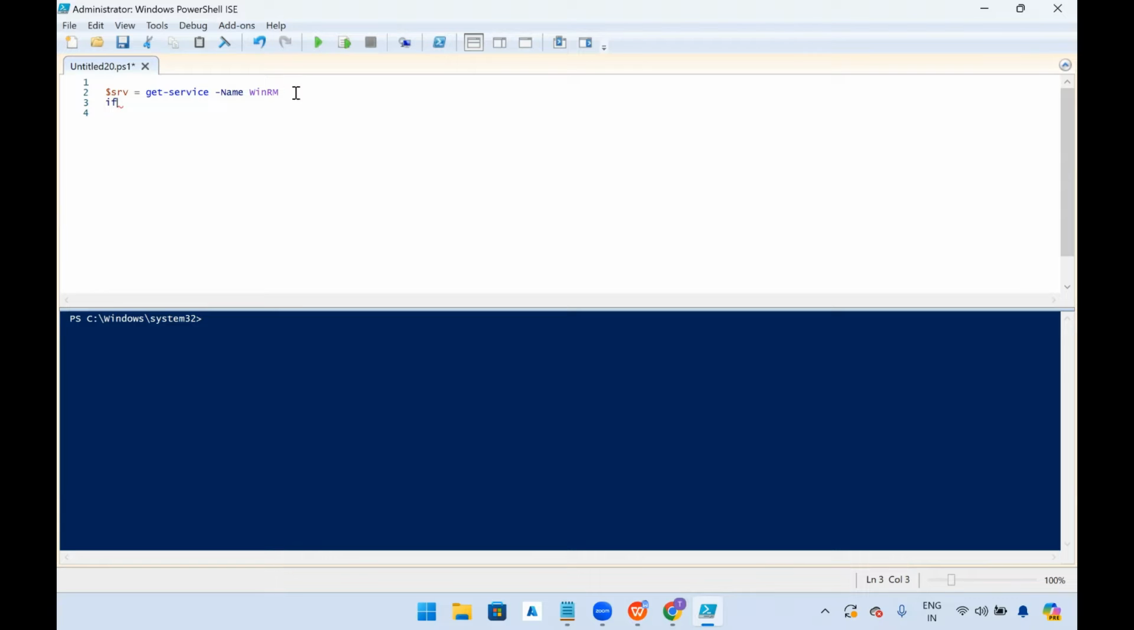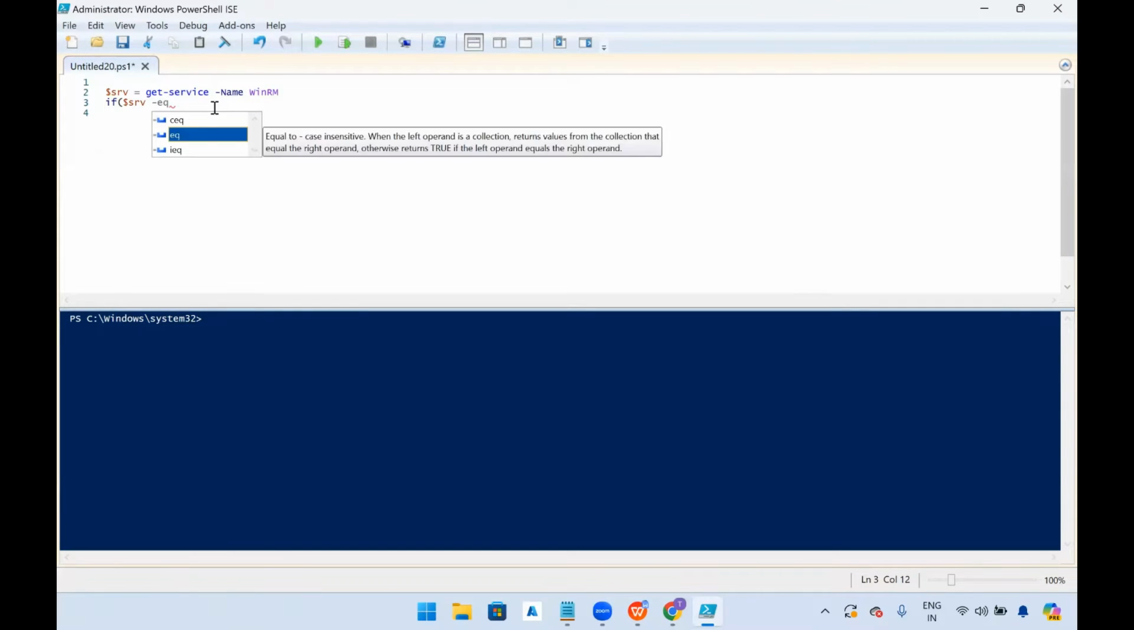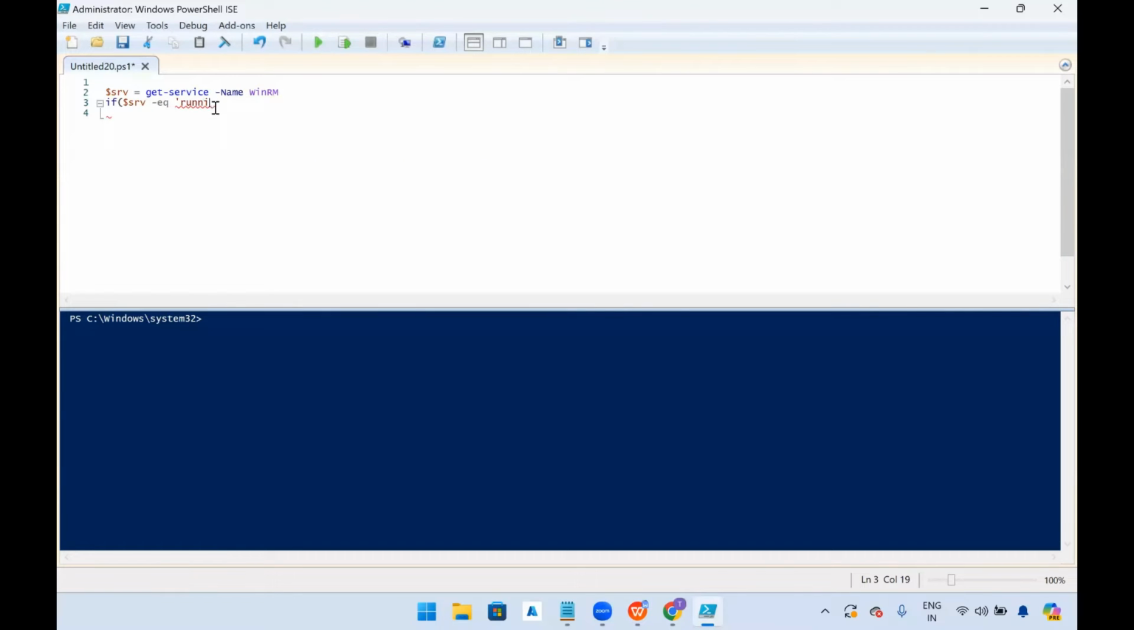Then I'll write if condition. If this SRV, so this result, right? This service result, whether it is running or stopped, is getting stored into this variable, right? So we use this variable in the if condition. If this variable equal to, we'll use the equal operator, running. Then close the bracket,